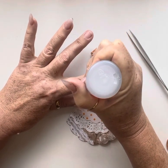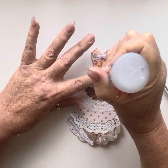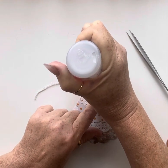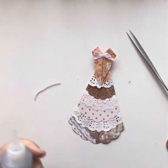So just putting a little bit of 3-in-1 glue or Fabri-Tac, just a little bit thicker, so that it holds things a bit better. And I'm going to put a bead trim on here. Actually, as part of my boho